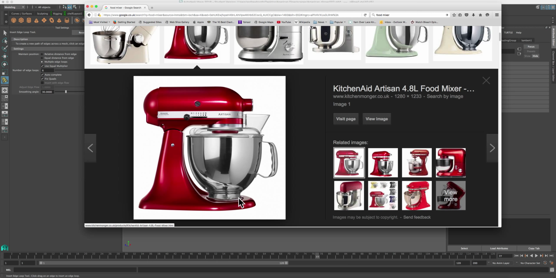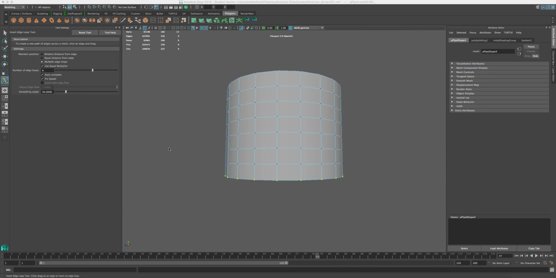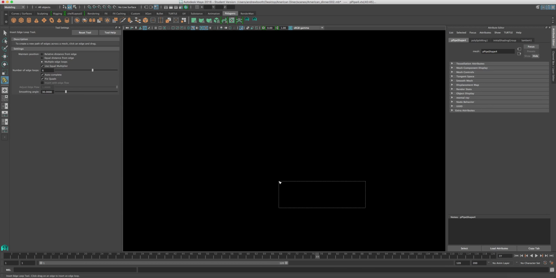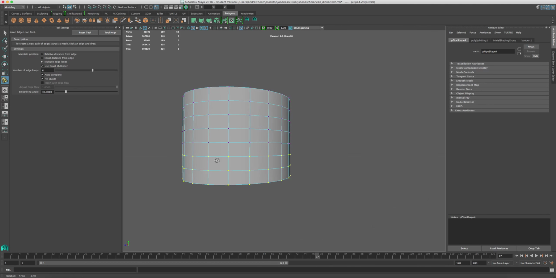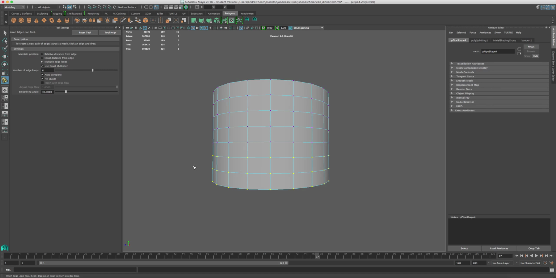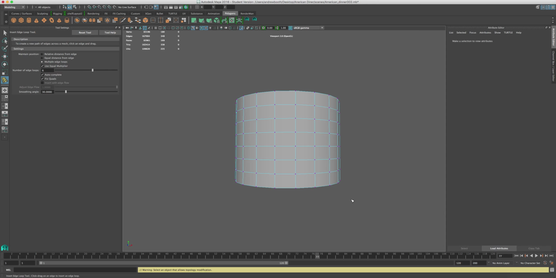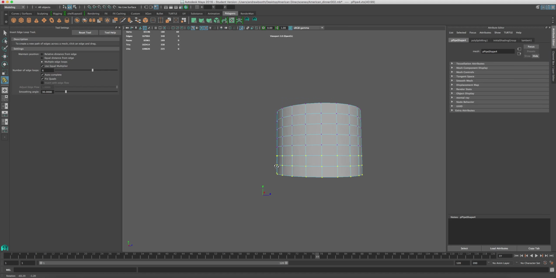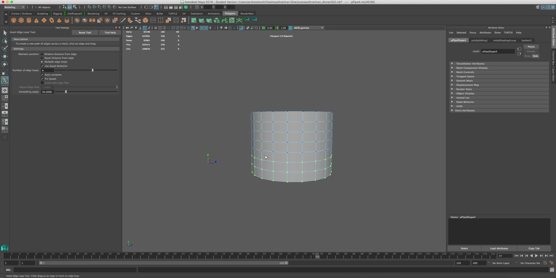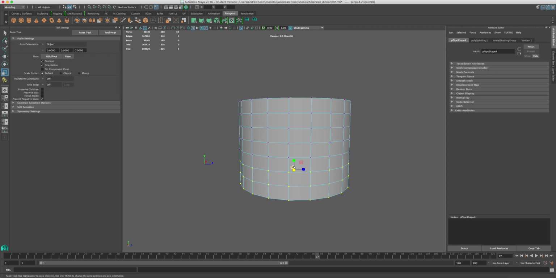I'll discuss that after we model this, but first of all, you select it right from there. Now as you can see, when we select it went dark. That's a little bug with Maya, so do take note of that. That's a little bug with Maya, so do be careful. Personally, I don't know why it's doing it, but